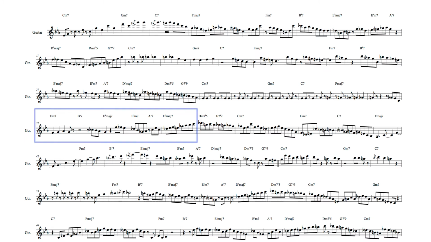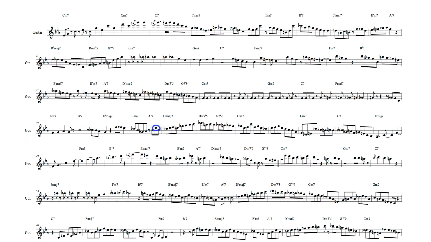Through the following bars, Metheny is again essentially using chord notes which are sometimes connected by passing or incomplete neighbour notes. Here, for example, the root note and third of F minor 7 harmony are used. Here, the root note and 7th of B flat 7 harmony. Here, the third and root note of E flat major harmony, with the E flat note also sounding as the root note of this E flat minor 7 arpeggio.